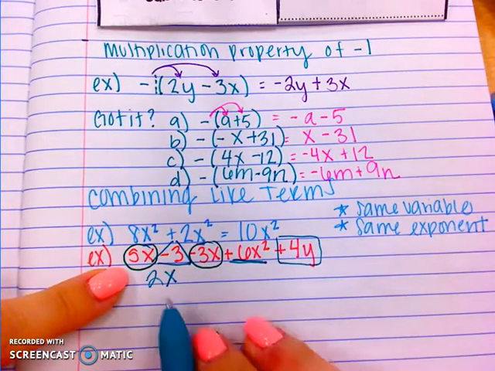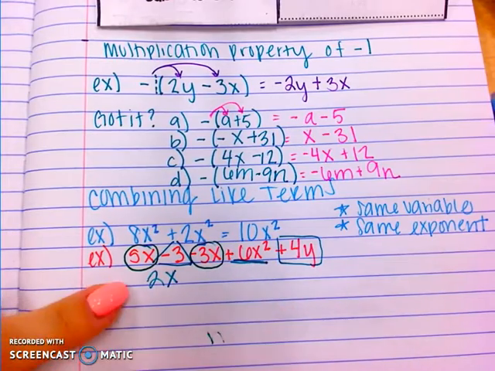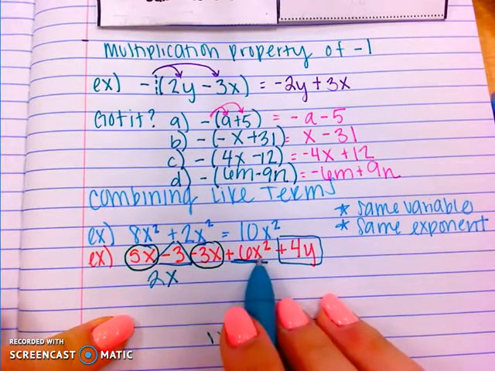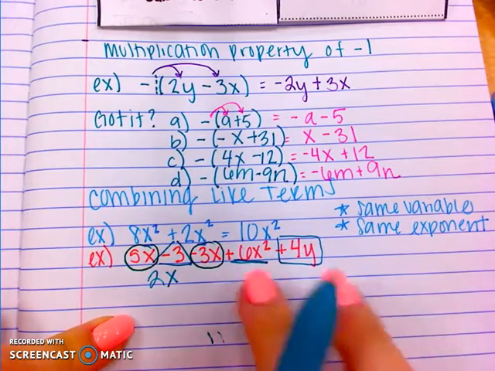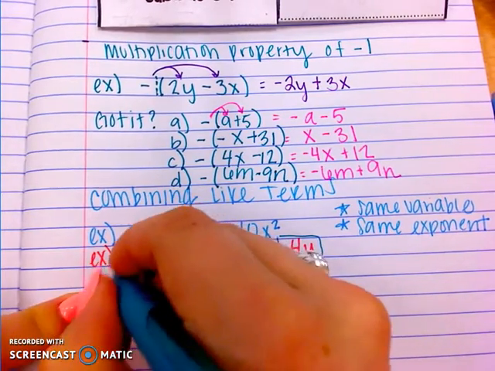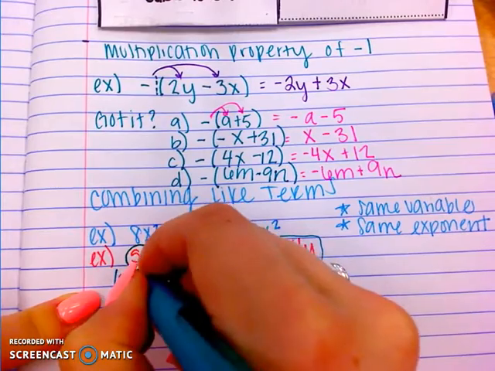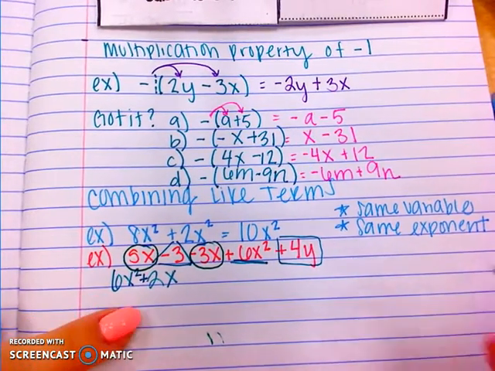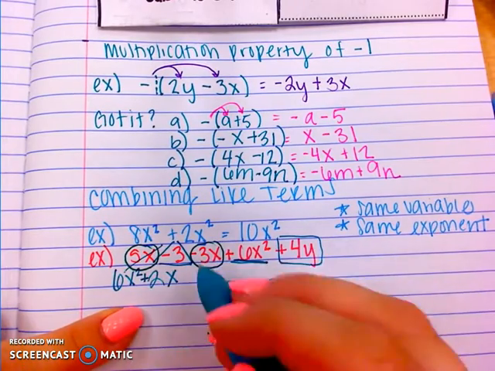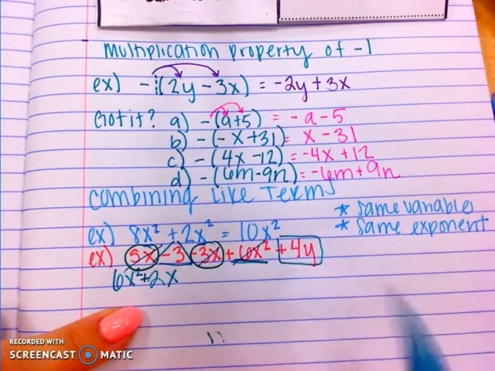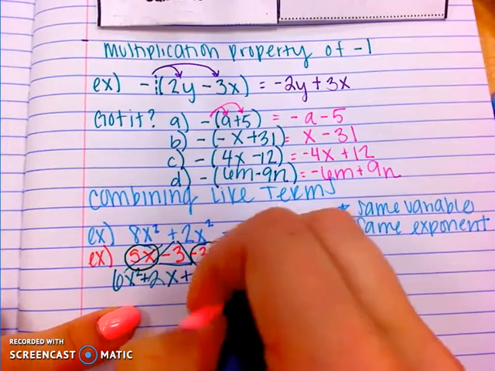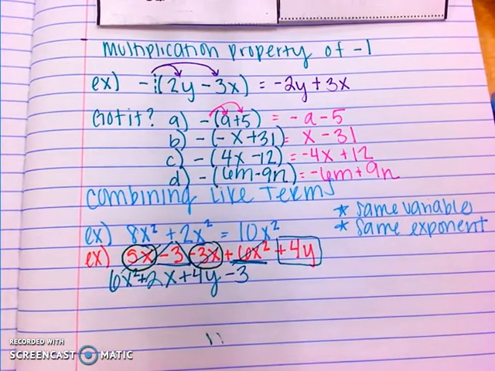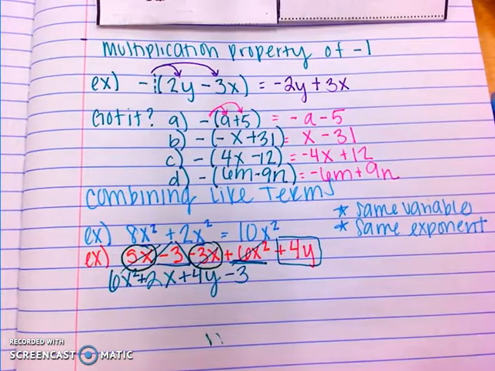Okay, I have a positive 6x squared, and it's good practice to keep the variables with higher exponents at the front. So let's put that up front, 6x squared, and it's a positive 2x. I did that, and I did that. I have a positive 4y, can't be combined with anything, and I have a negative 3 that can just get tacked on to the end. All right,